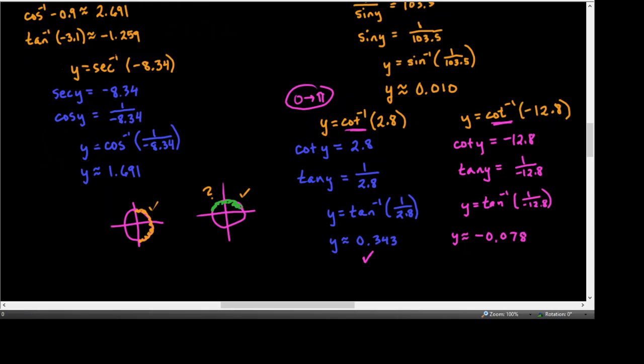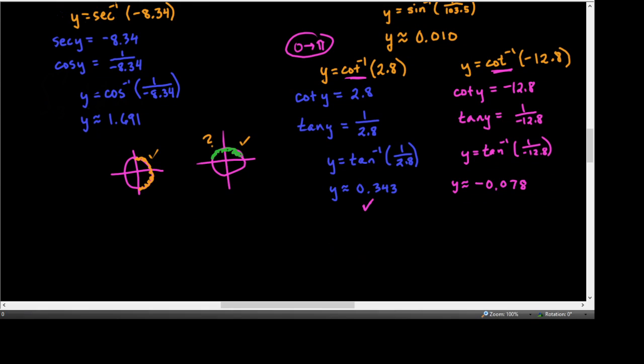But it's fixable, because what you're going to get for tangent inverse is some fourth quadrant negative angle answer. Let's say it's here. And if we drew that in and made a right triangle out of it, the good news is that the correct answer